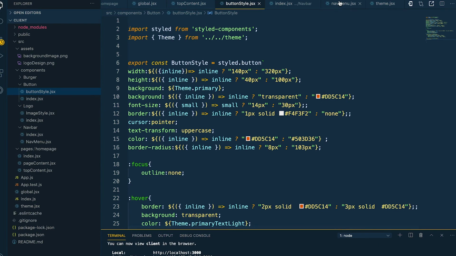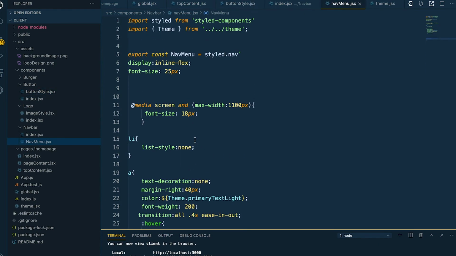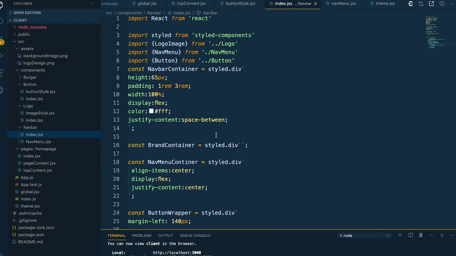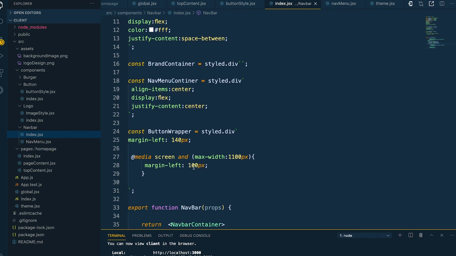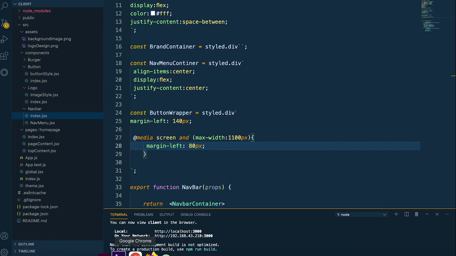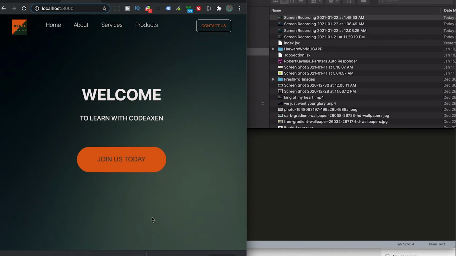And one thing we need to change is on our nav bar, then the button here. Need to change this width to 8, I think, something like that. Let's check. Yeah, that is much better because it was a little bit on the logo,